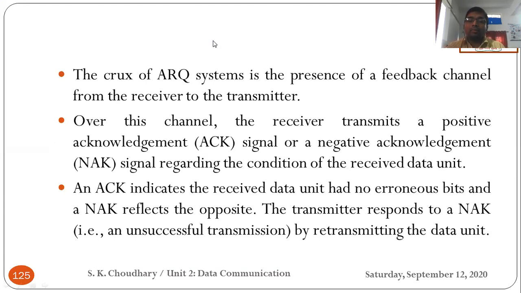When the decoder receives the ACK signal, it directly passes the message to the user. If it detects the ACK signal, it means there is no error, so it is directly sent to the sink or the user. But when the NAK signal is received by the receiver, it finds that there is some error in that particular information. So it sends a feedback signal back to the transmitter, acknowledging that it is an unsuccessful transmission. So retransmit me. Then the transmitter will retransmit the data again.